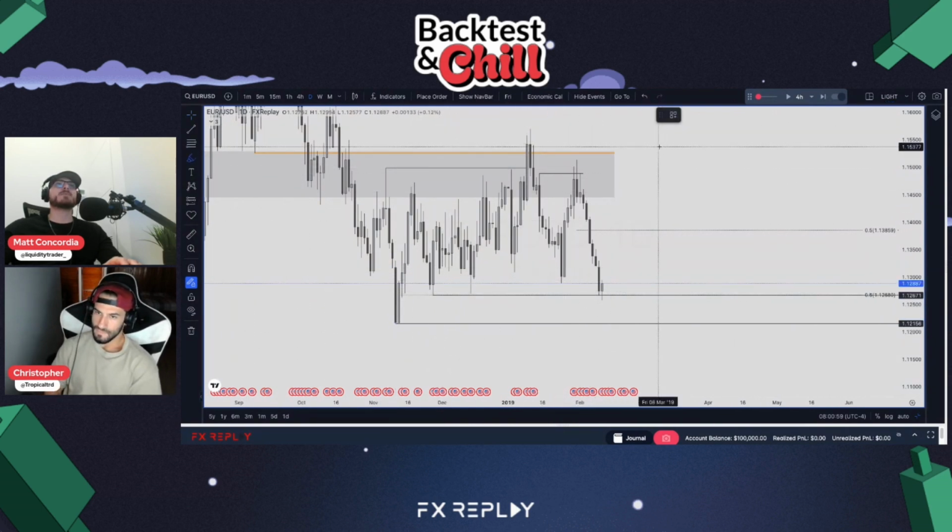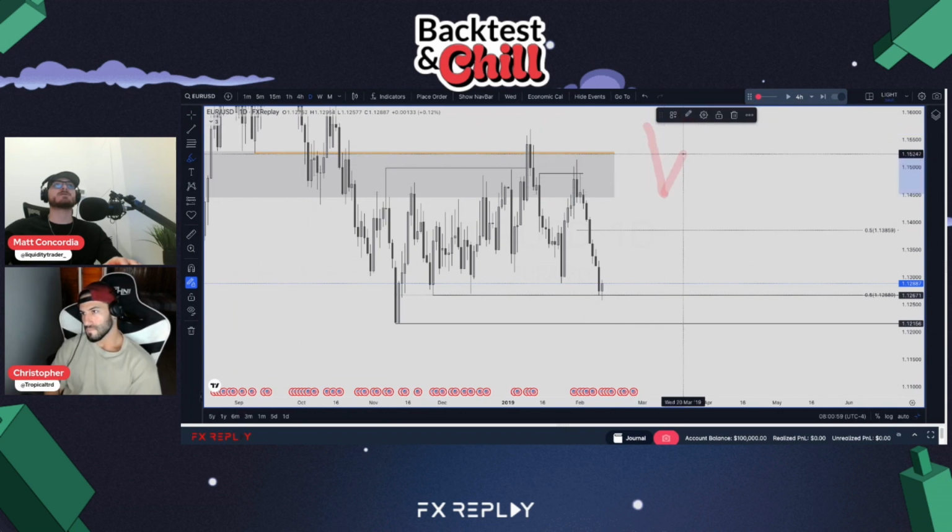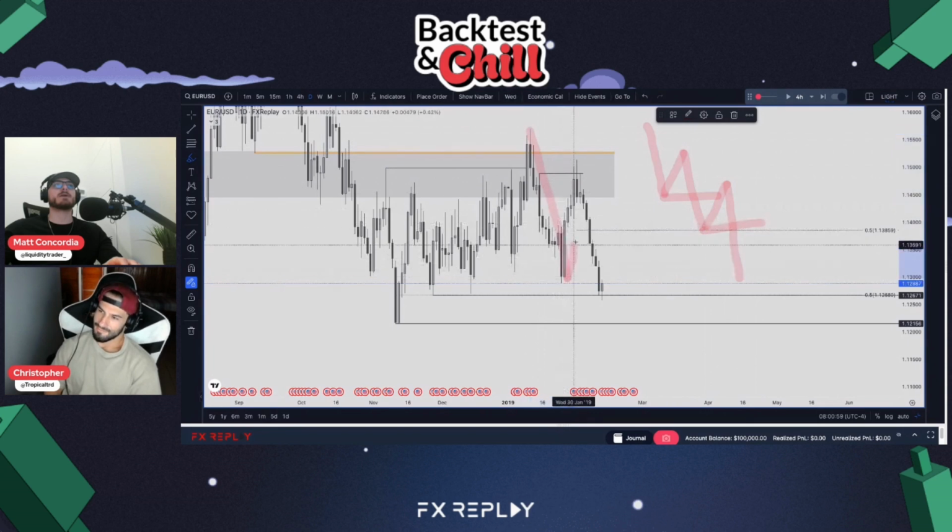Remember what we were talking about in the last one too: internal liquidity, then into external liquidity, then back into internal liquidity, then back into external liquidity, right? That's the flow. And so you look at this right here, we have internal liquidity, external liquidity. We just cleared this external liquidity. So what's the next likely scenario? Well, to fade back in,